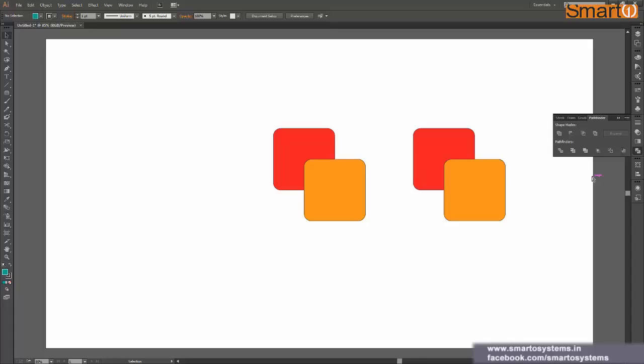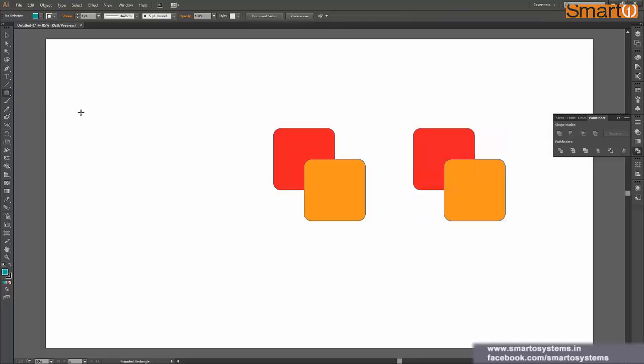And why do I suggest the Shape Builder tool for complex operations? Because you can directly see the preview of what I'm going to achieve as my final result. If I select these two shapes and click and drag over here, this red outline shows me what my final shape will be. But if I do it using Pathfinder options, there is no preview of what my final shape will be. Once I achieve that shape, then I can decide whether this is what I wanted, or whether I should reject it and try again with some other operation.